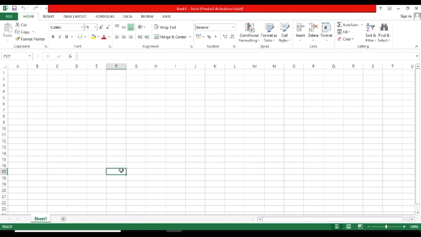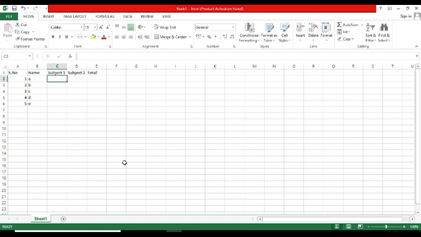So first of all, before creating a chart, we have to make the table. So first of all, I will make the table here. Serial number, name, and then subject 1 and subject 2 and total. Okay, and then type two numbers 1 and 2 and select this and go to this square point and drag this. Okay, 5 records only I'm taking here, and then insert the student names A, B, C, D and E.